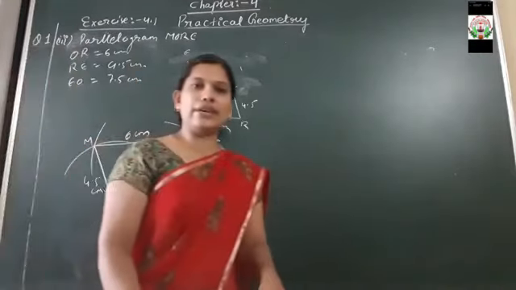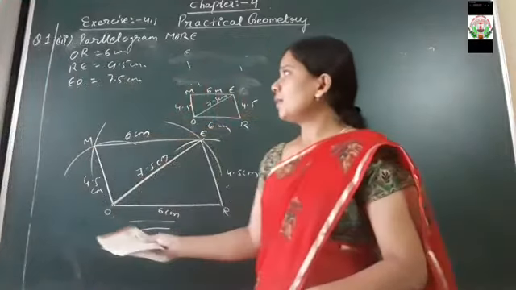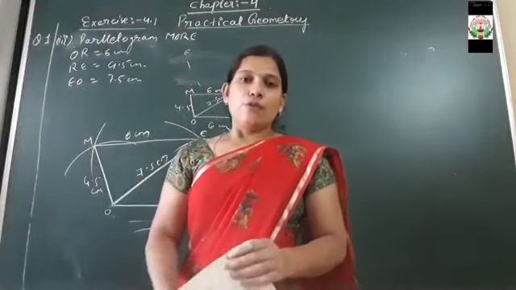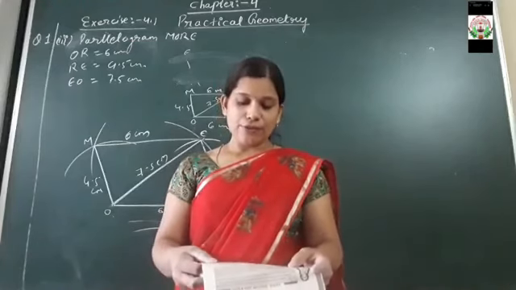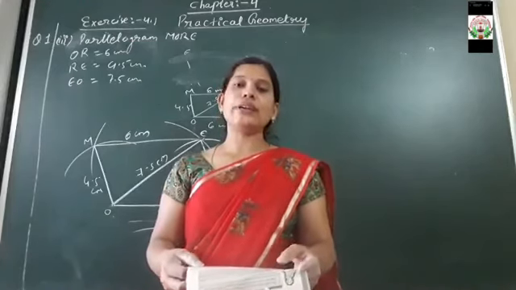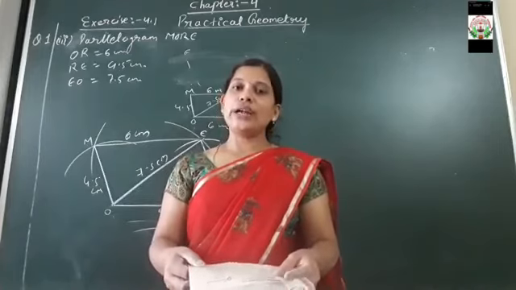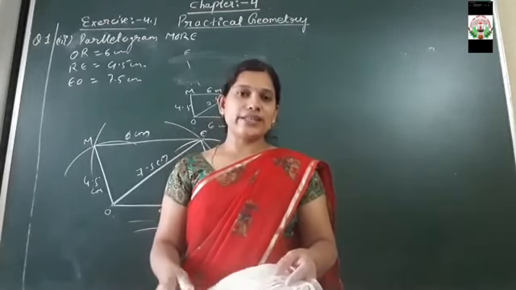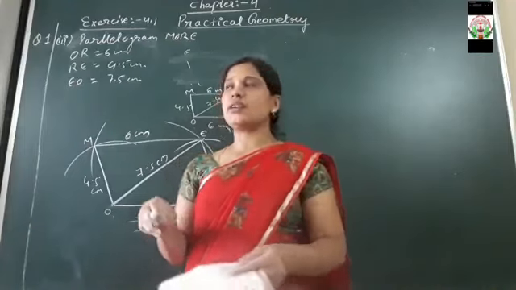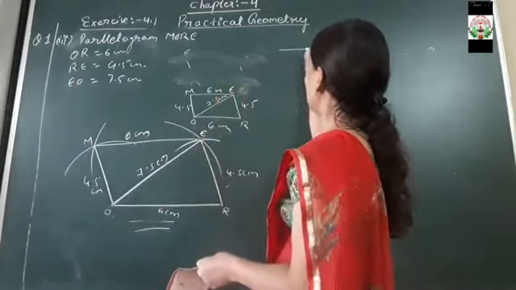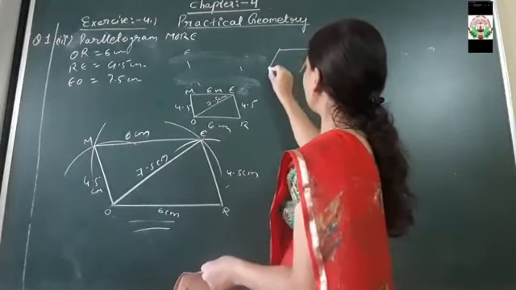So dear student, here we had completed our question number 3 from exercise 4.1, chapter number 4, practical geometry. Okay, the fourth question is that you have to create a rhombus. As you know that in a rhombus all the four sides are equal, as well as the two diagonals created inside are also equal. This is the rhombus only.